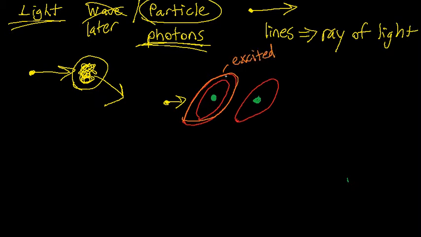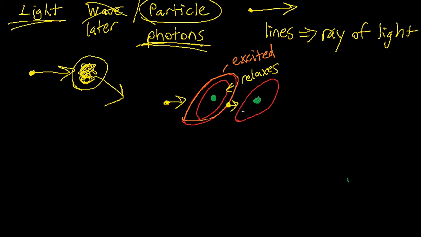So that electron runs around at a higher orbit with more energy and gets excited for a little bit before it finally relaxes. It relaxes and releases its energy again. Basically it hiccups the energy it just gained back out as the original photon, which continues to travel in the same direction